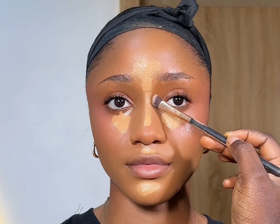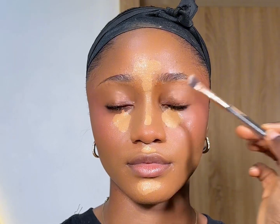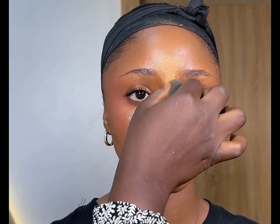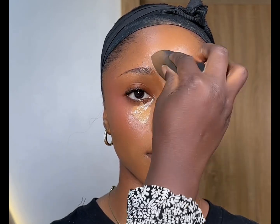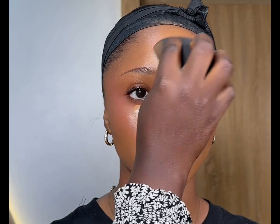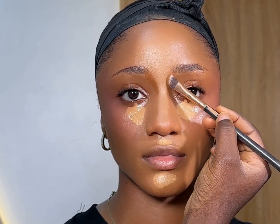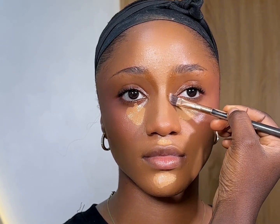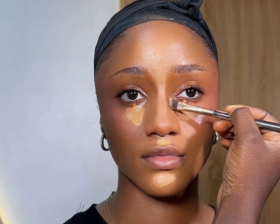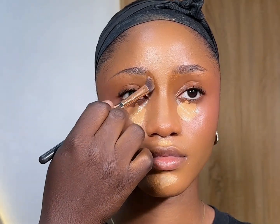So I'm going to use the same contour we used for the cheek. We're also going to use that for the nose contour. And then I'm going to blend out the highlights first before I blend the contour, so that the highlight doesn't overshadow the contour, or the contour is not overshadowing anything. We have everything and then we can see it. Do you understand? So I'm just going to properly blend it out now with that brush,